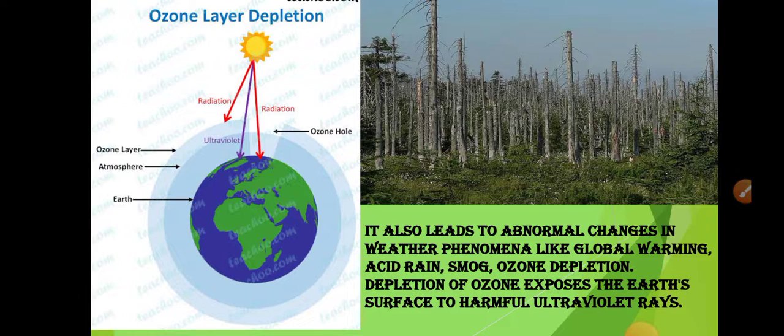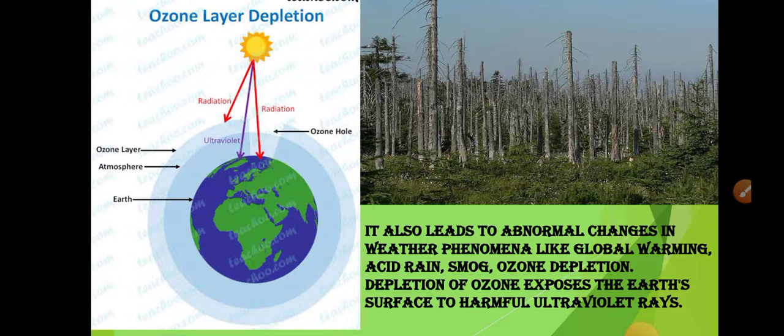Other than that, you can see depletion of ozone, which exposes earth's surface to harmful UV rays. So we talk about UV rays, we talk about sunscreen, and that the ultraviolet rays are very harmful for our skin. It can cause a lot of destruction, it can cause skin cancer, and that is why we all talk about ultraviolet rays, and we say that we need to apply sunscreen while going out in the